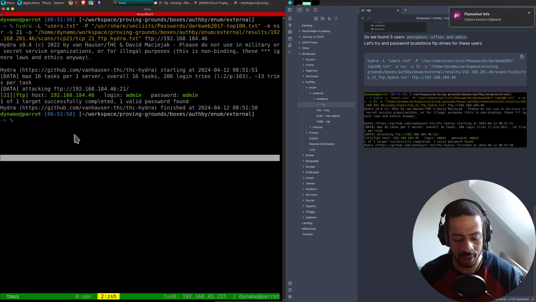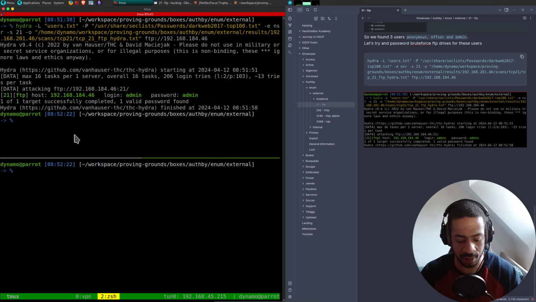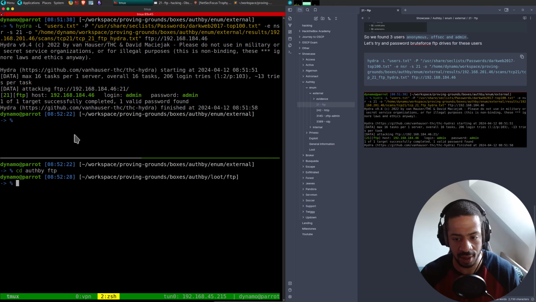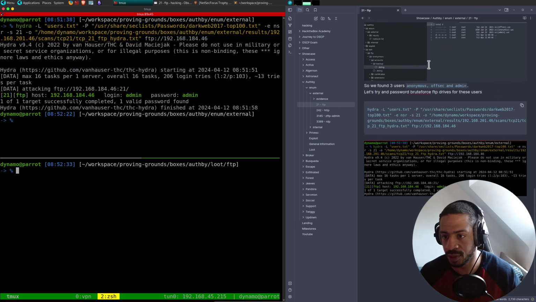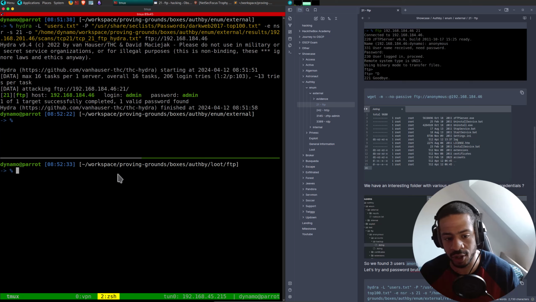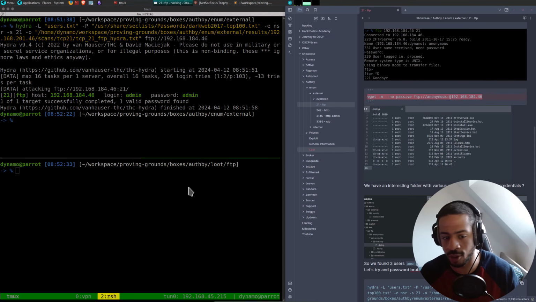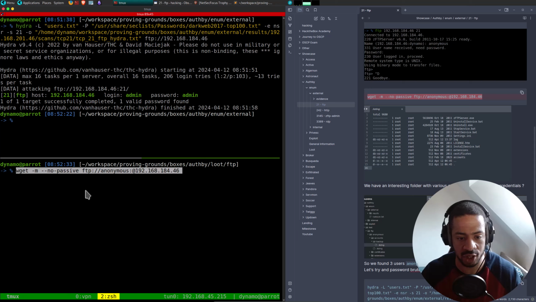What we can then do is open a second pane, go to FTP, and do the same thing we did before. So first try and log in, but then also download everything from that share.